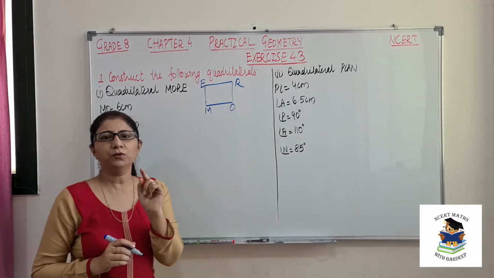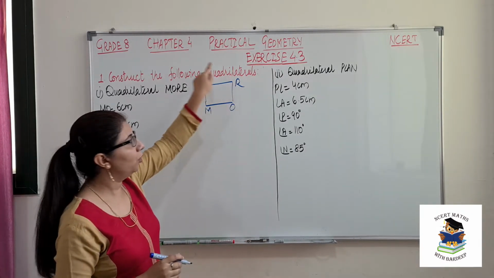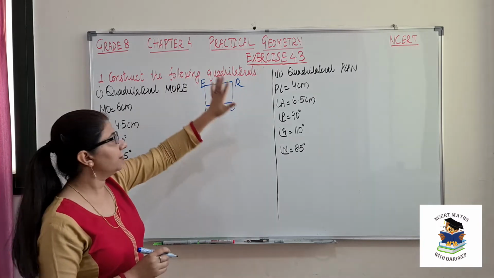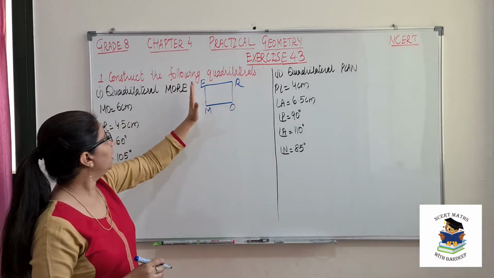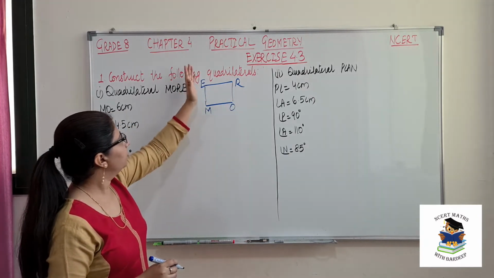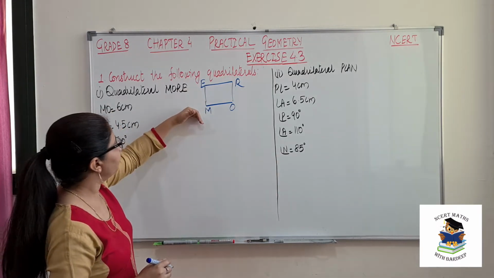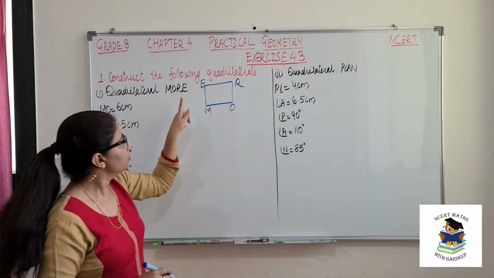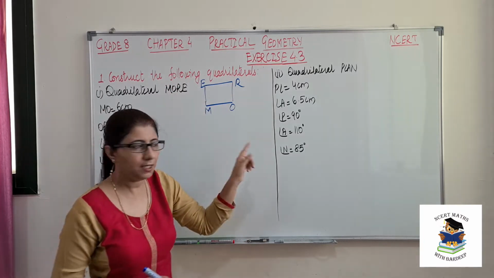One thing, please note down that whenever the name is given, it should be in order. It means you can start from anywhere, but the alphabet should be in order, like MORE, MORE. You can do it like this also, MORE. It should be continuous. You cannot do it like this, that M is here and O is here. So whenever you start, all the alphabets should be in the same order.